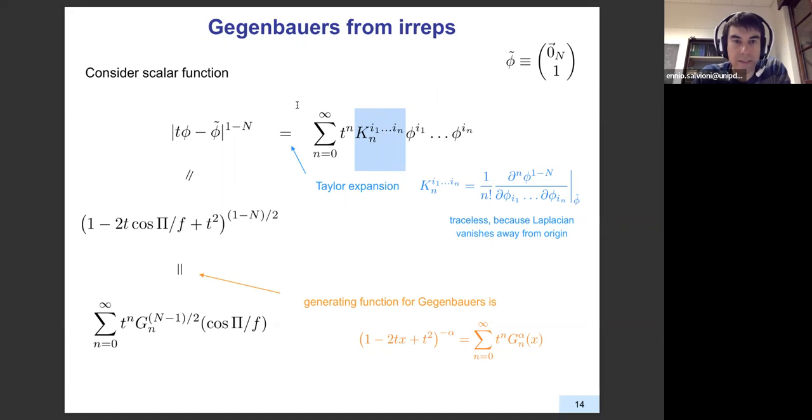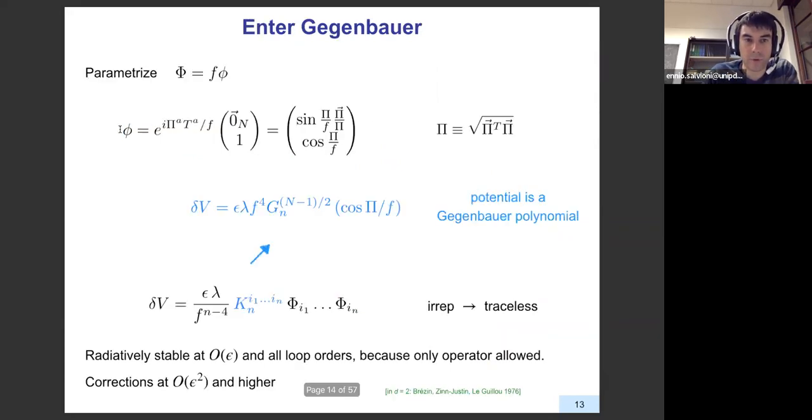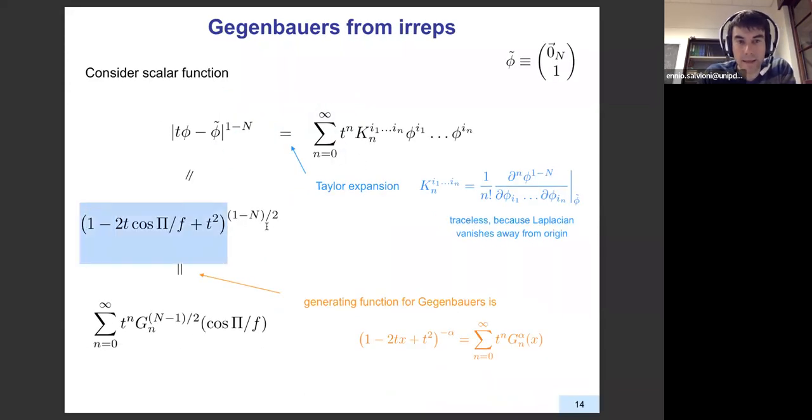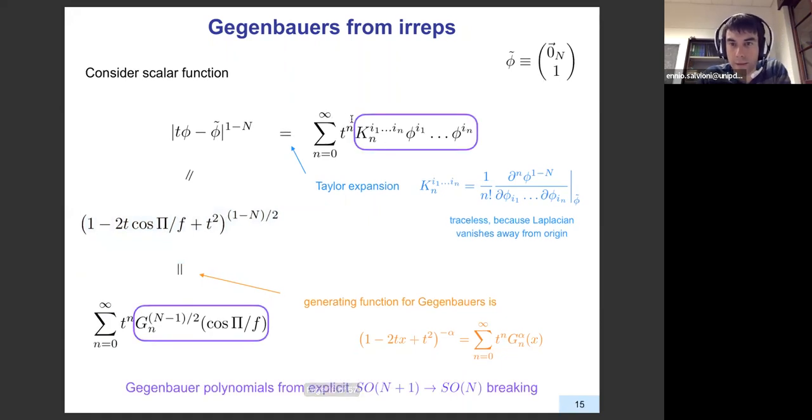On the other hand, I can remember what phi is. Phi is my nonlinear field of a nonlinear sigma model, so it has this form here, which is sines and cosines, as usual. And I can write this basically as the generating function of Gegenbauer polynomials. The generating function of Gegenbauer polynomials is this one in general. This is just a mathematical definition. And I can recognize it in this form and notice that I can also expand it as a series. So the bottom line is that identifying the two sides of this equality, the tensor multiplied by n instances of the nonlinear field is equal to a Gegenbauer polynomial. That's the logic.